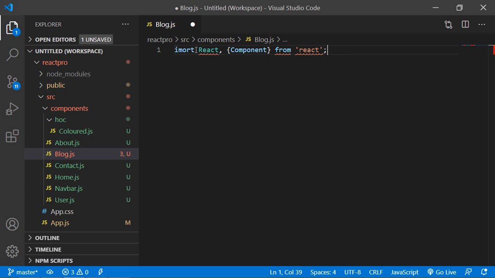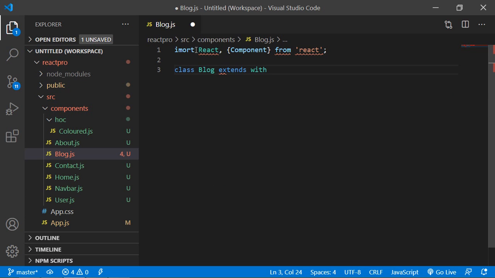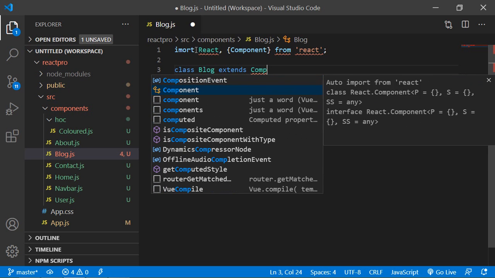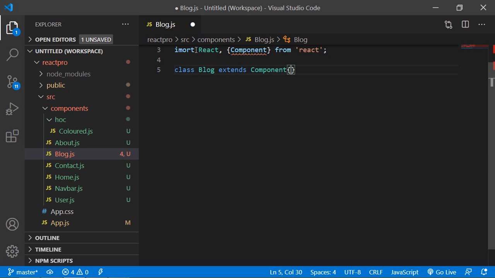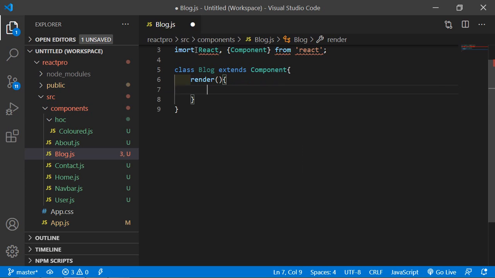All right, now just write here the class, and the class name is Blog, which is the component name, extends Component. All right, curly brackets start and close, and here add the render method, and inside the render simply return